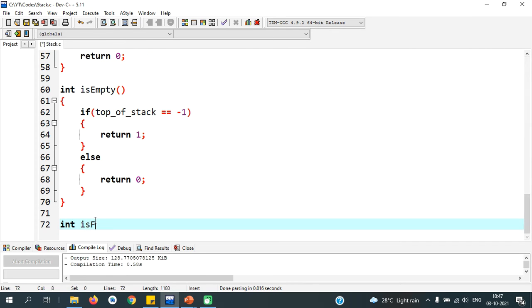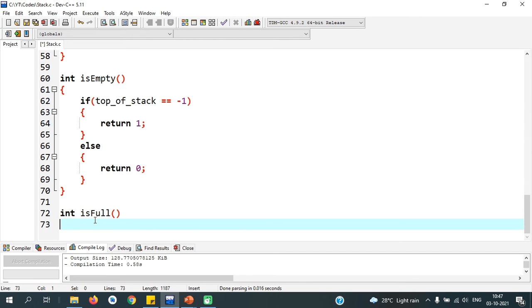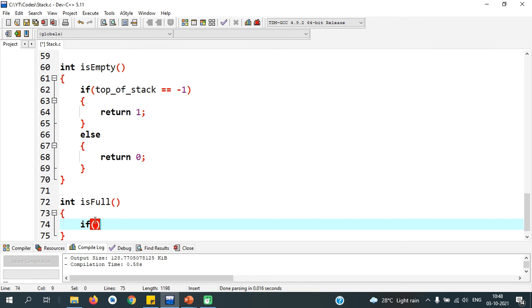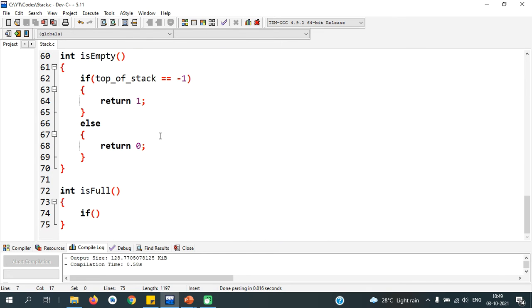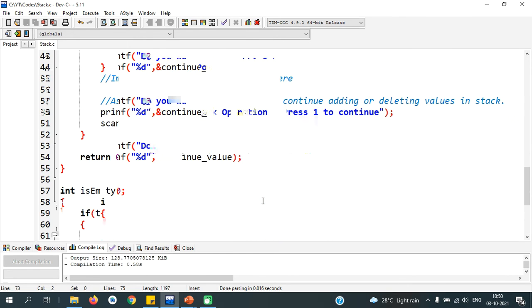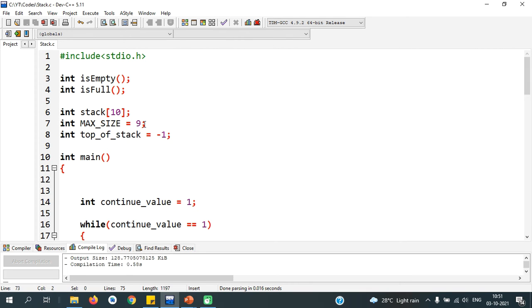Int isFull, if maximum size will be... this maximum size should be 9, because the stack is actually of size 10.